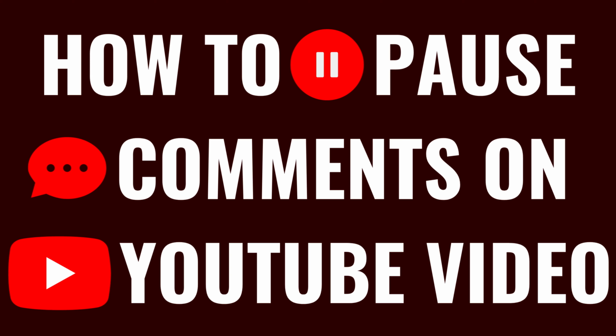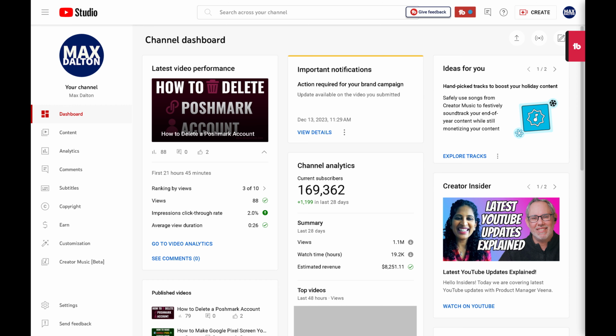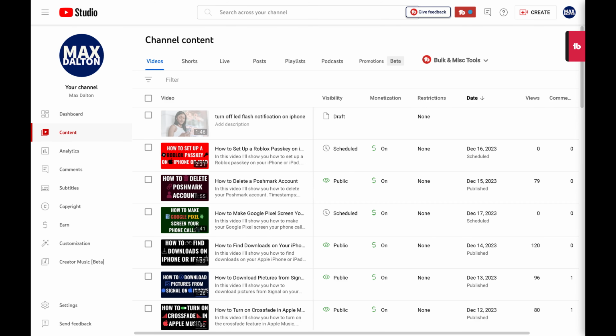Now let's walk through the steps to pause all comments on a specific YouTube video. Step 1. Open a web browser and then navigate to the YouTube Studio page associated with your YouTube channel. Step 2. Click Content in the menu on the left side of the screen. A list of all of the YouTube videos you've posted to your channel is displayed on the right side of